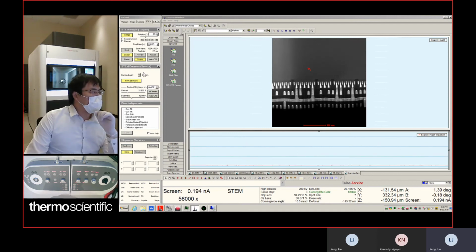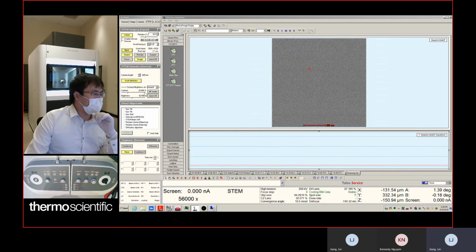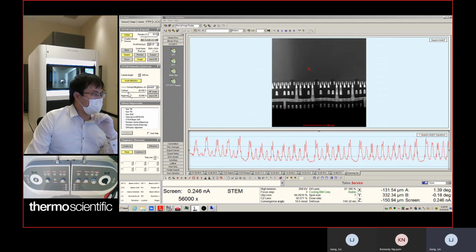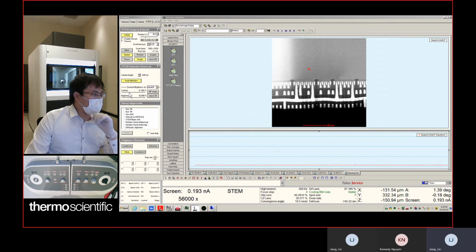So another way to adjust the brightness is to blank your beam. To blank your beam, you can adjust brightness until you see the red line here. Make sure it's just above the bottom line here. Right now it's just above, it's good. So once it's good, you can just unblank that, and then adjust the contrast